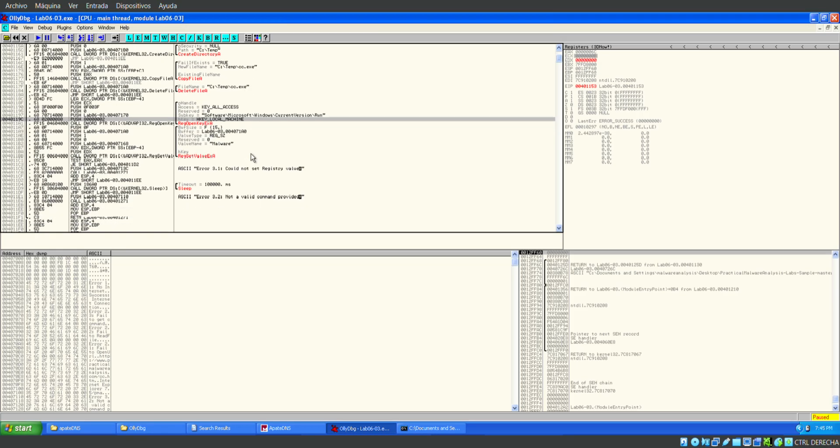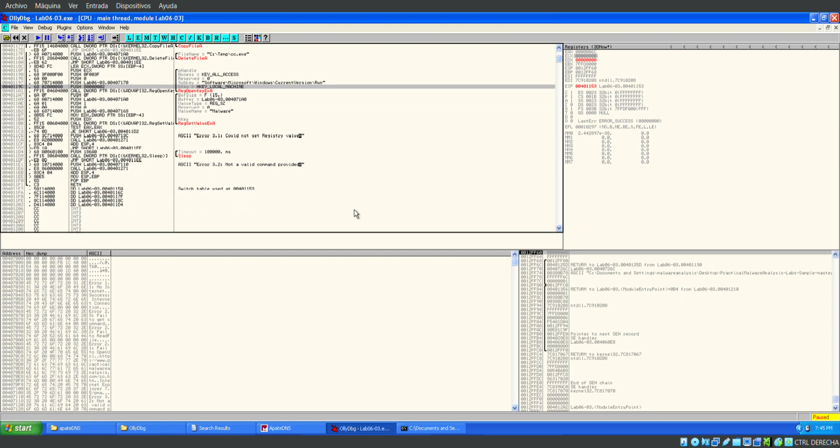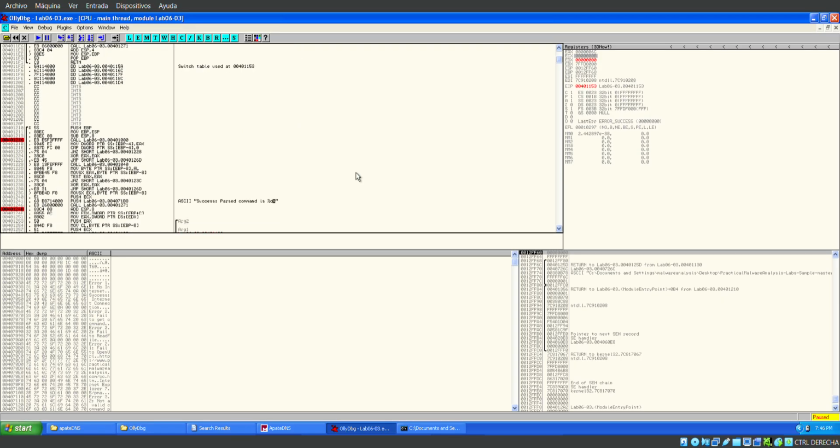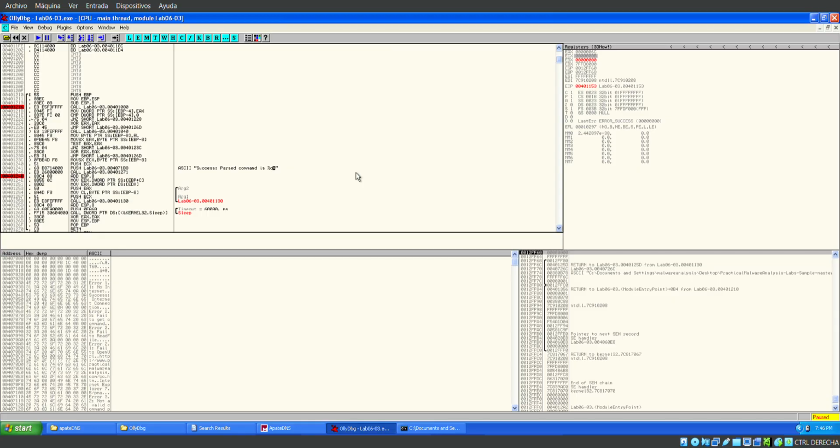And if I'm mistaken, or if my explanation was so terrible that you didn't understand, please let me know. But this is how you can get a grip on how you can disassemble malware. This is just a taste. I hope that you fully understand what is going on, and if you have any questions or doubts, please